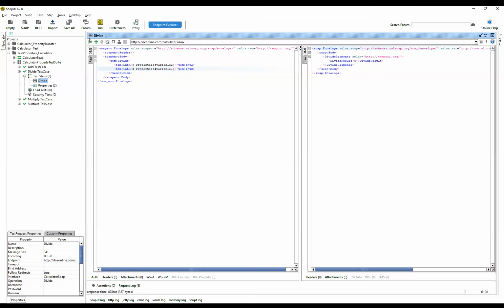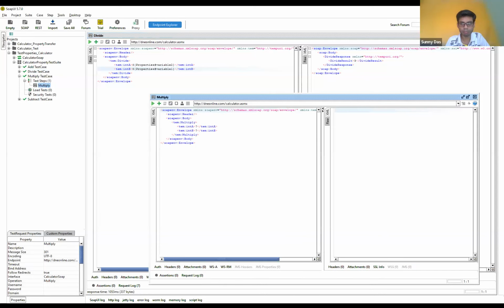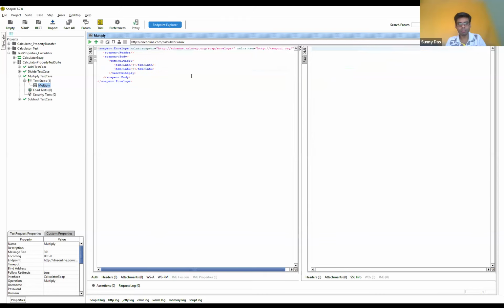3. 3, correct. And we are getting 3. Okay, fine. So this is also done. Now let's move to the multiply one. So here also in the multiply one, if I open the test tab and if I try to use the test step level property,